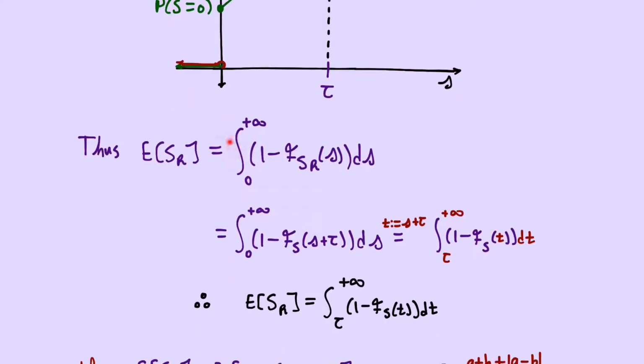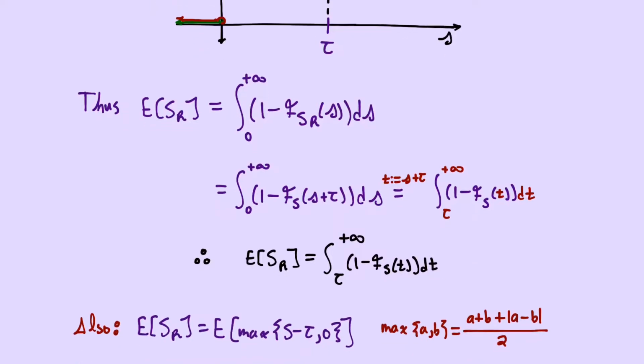This is a formula that holds for any type of random variable. It only has to be a non-negative random variable, okay? And then